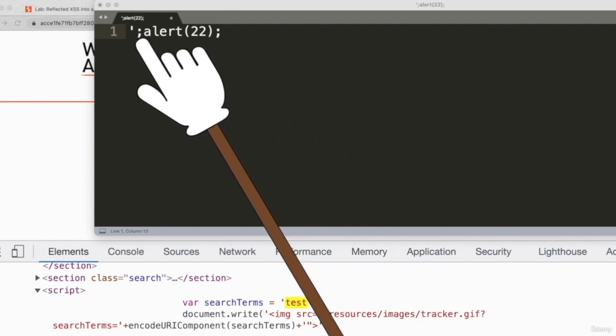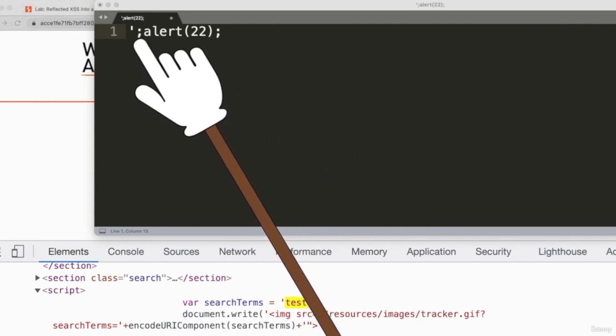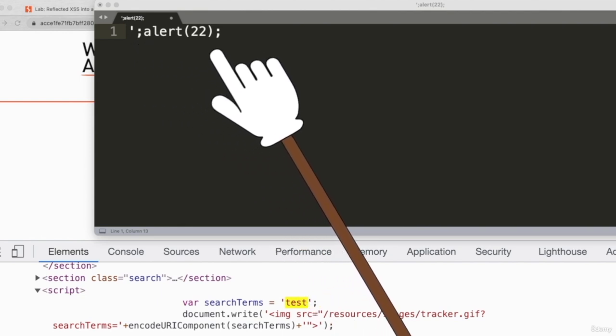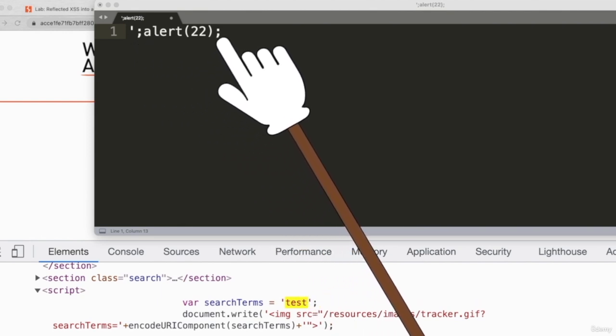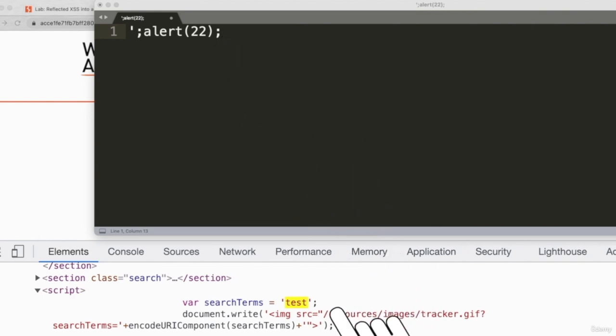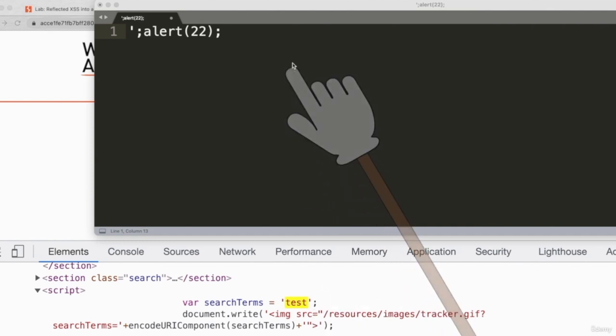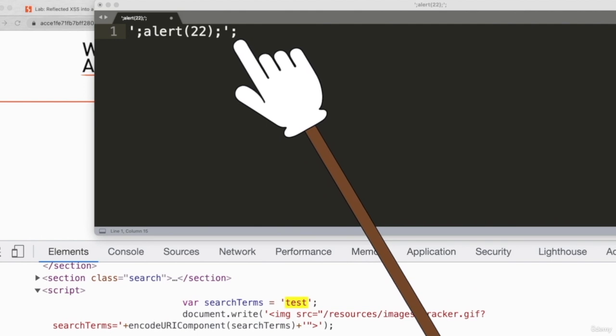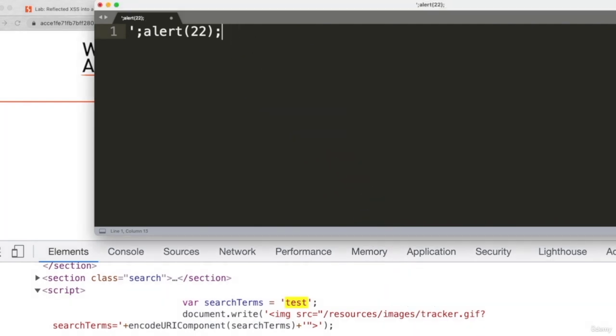So now our input is going to be like this. We're closing the quote, we're closing the semicolon, we're adding our command or payload, and then we're ending the statement as well with a semicolon. But then the program is going to automatically add a single quote and a semicolon, which will probably break the code, because we're going to end up with something like this, which is basically not good. Therefore, what we're going to do is add 2 forward slashes